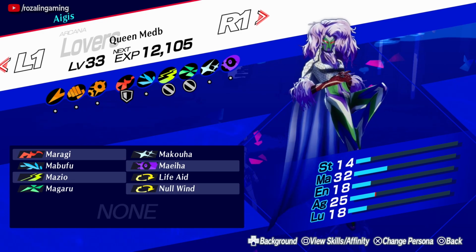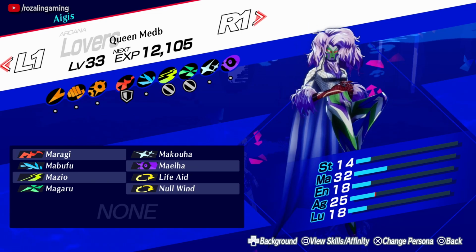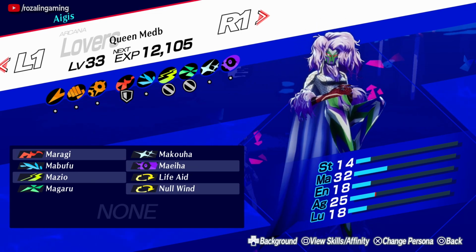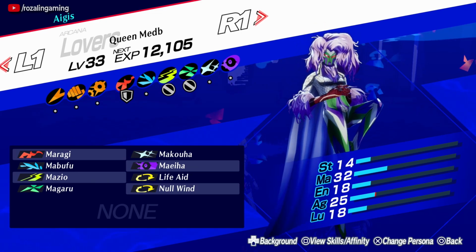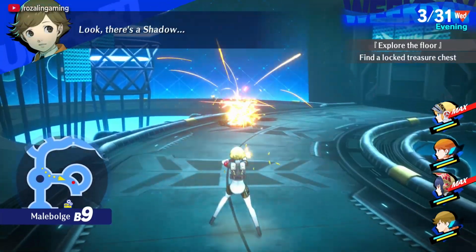The two main changes will be dropping Invigorate 2 and multi-target boost from my original build in favor of Life Aid and Null Wind. I talked about Life Aid already with Fortuna, and Null Wind will remove Queen Maeve's weakness to wind. Now you may be wondering why I'm using two different 6-element persona, and the main reason is SP